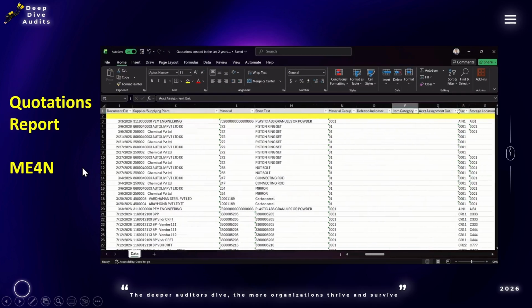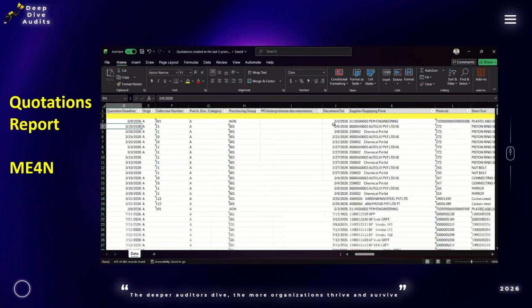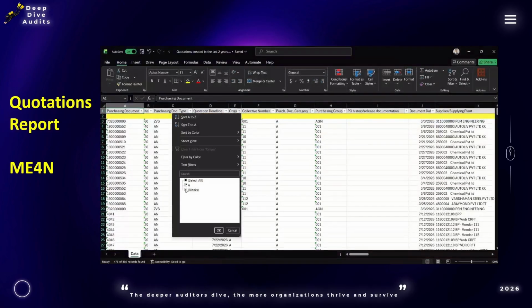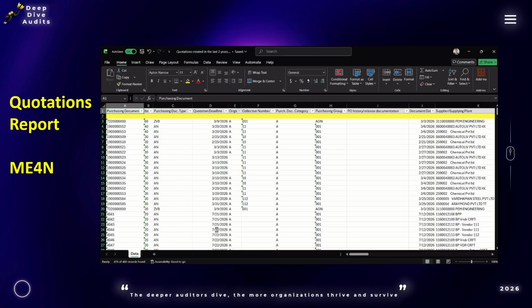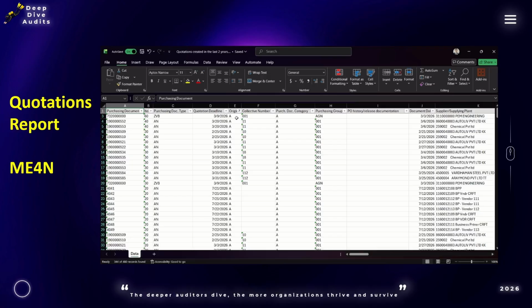Once you have the list available, you have to make sure you filter out all the quotations marked for deletion, because only those which are not marked for deletion are the actual relevant quotations. One more thing I want to stop here on: why we need to select this. The reason is that when the procurement department sends out an RFQ, it is not converted into a quotation unless the vendor participates, right? Whenever a vendor participates, by giving the price for the items and or services which we have requested,